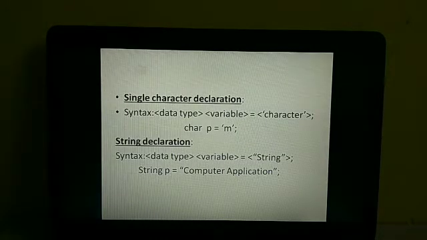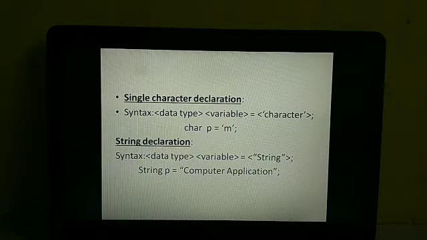Okay, after that, single character declaration and string declaration. How a single character as well as a string has been declared: that is data type, variable and a character.